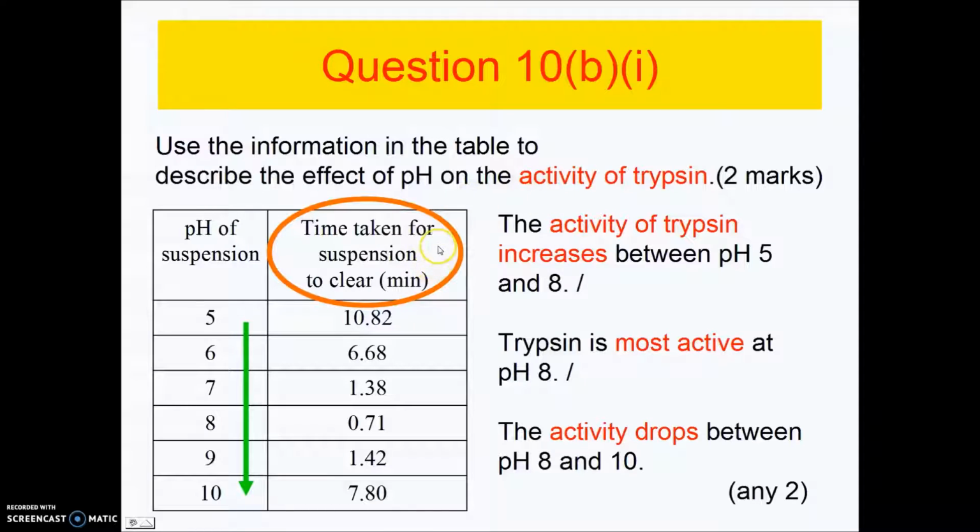I repeat, their answer is the time taken for suspension to become clear decreases if we increase the pH, and then the time taken for suspension to become clear increases again when increasing the pH of suspension, just like